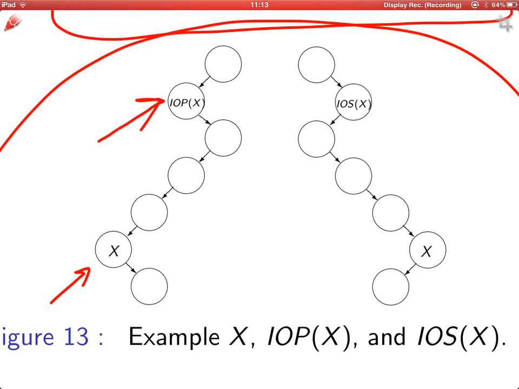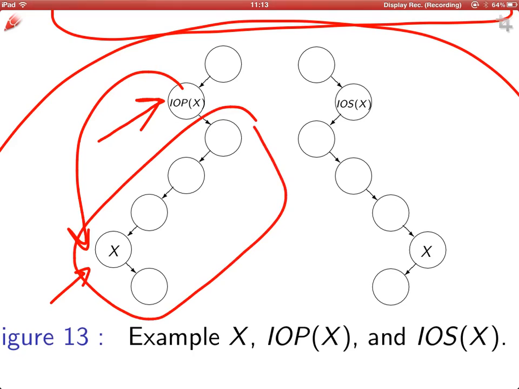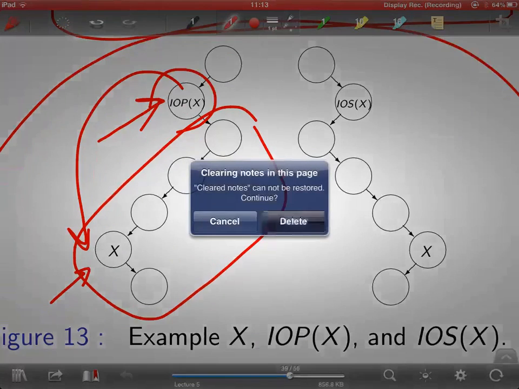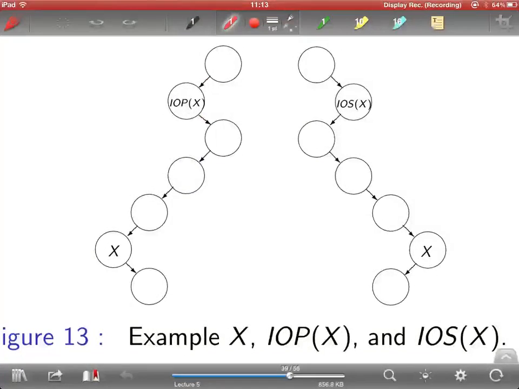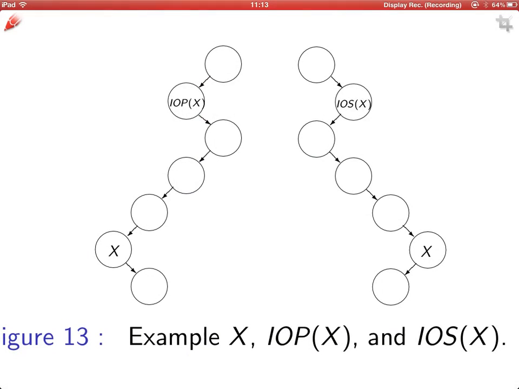So Inorder Traversal, what it says, basically we have a tree of elements, and the Inorder Traversal is going to visit the elements in the order of their keys, from smallest to largest. So an Inorder Traversal of this tree is going to visit node 4, and then 5, and then 7, and then 10, and then 15, 17,